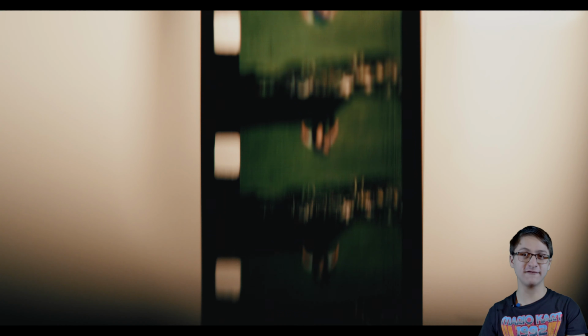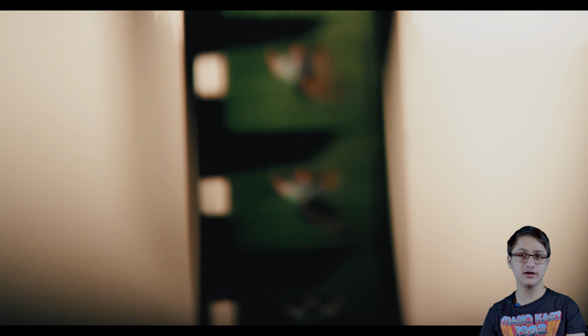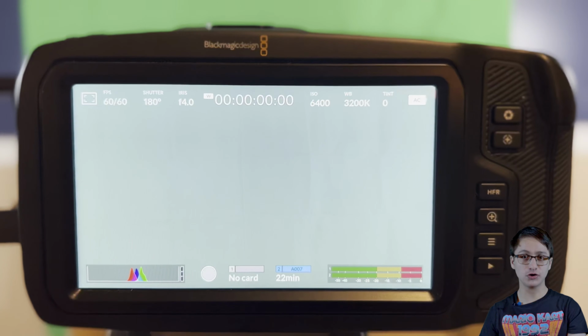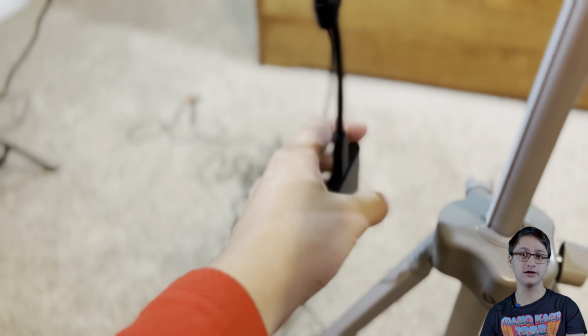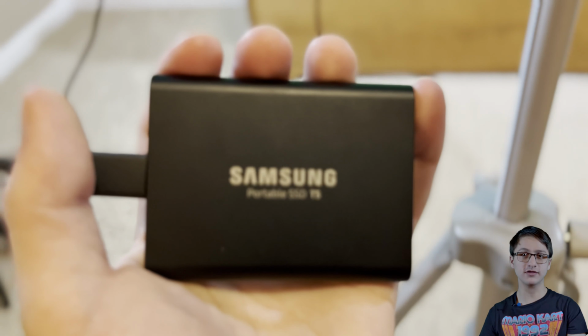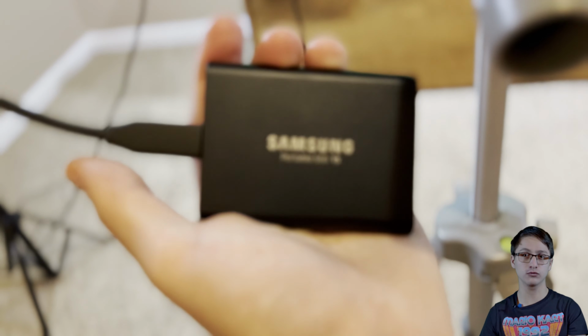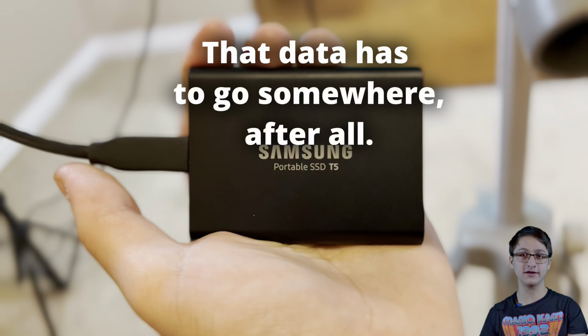What's more is that film costs money, which means that the more that is used, the more money is spent. With digital, you can record as much footage as you want at no extra cost. Well, technically yes, but said digital footage has to be stored on digital storage devices such as SD cards, compact flash cards, and even solid-state drives. For these are the devices that the camera will write to and store said digital footage to be used for later,